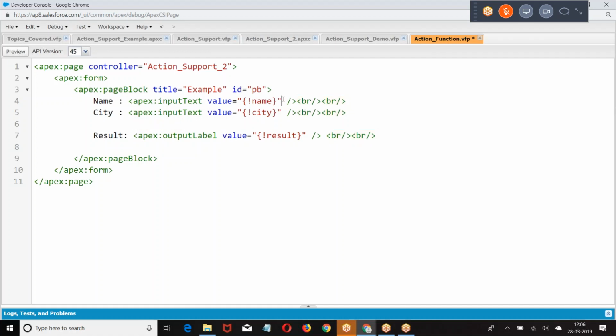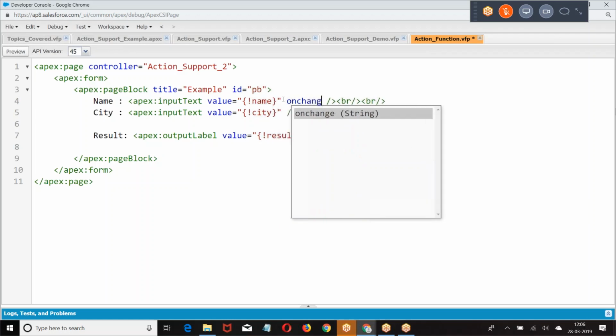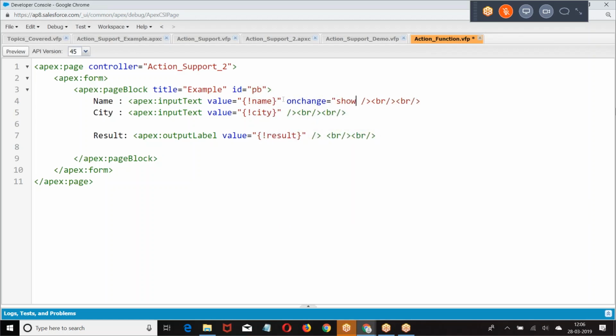Okay. Now, what I am doing here? On change. When the event occurs, we want to call.